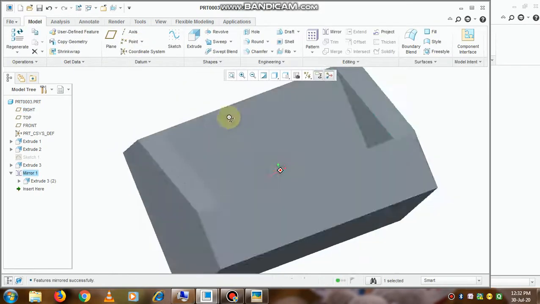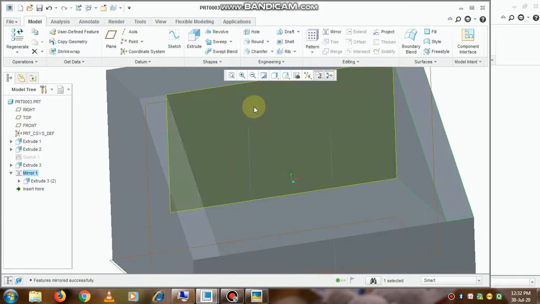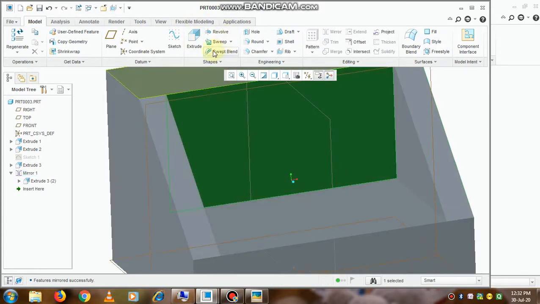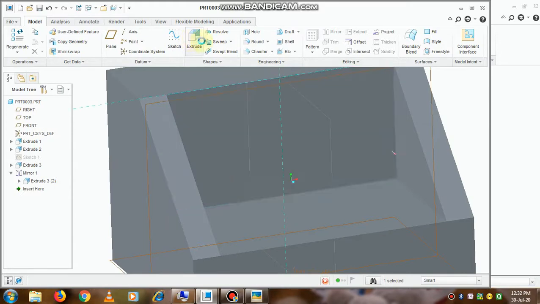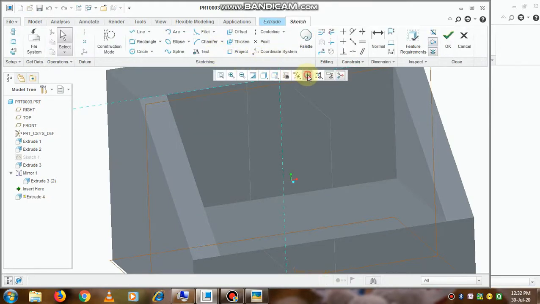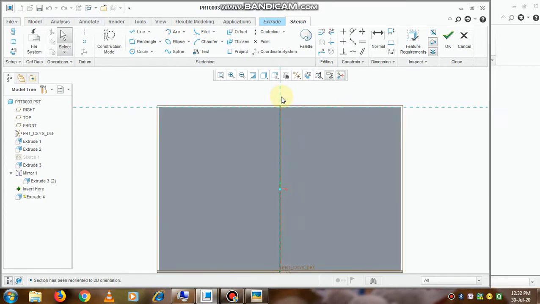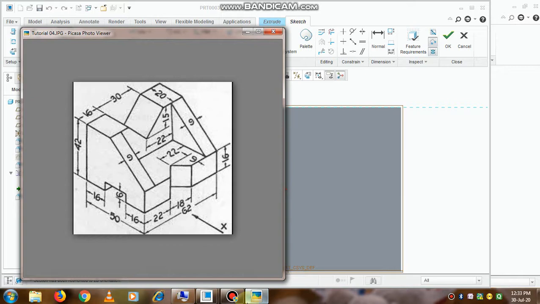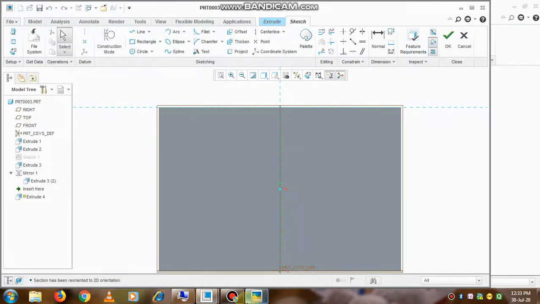So now here I am taking its mirror about a plane. So simply select the extrude option and go to the option that is mirror. So in sketch view you will be able to see. Now we will see how to create a slot. So to create a slot, first we will try to understand what is its dimension. So it is 15 by 15 slot and the total slot is of 30. So we will try to create half of the portion and then we can mirror it.